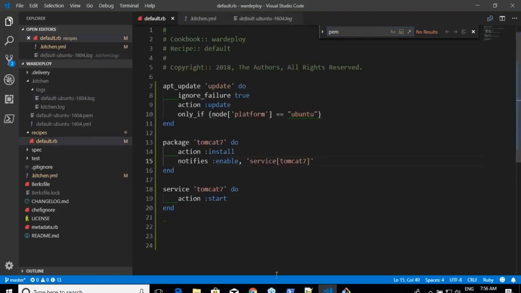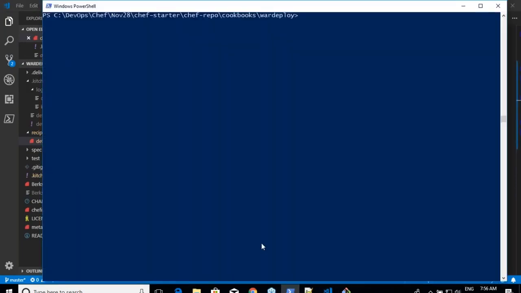So let us first try to refactor that stuff. What I will do is chef generate recipe in my current cookbook, and the recipe's name is tomcat7. Because I'm doing Tomcat 7 installation, I want to be explicit about it.